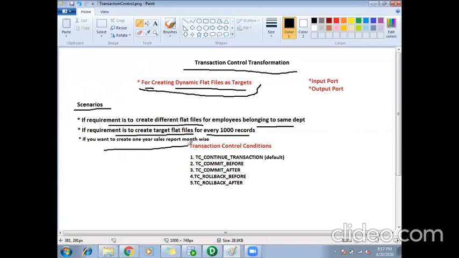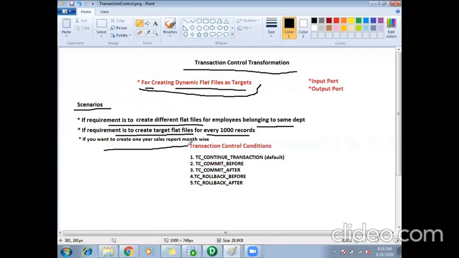I can create 12 targets, but instead of creating 12 targets, I can achieve it with a single target using my transaction control. In my mapping, I'll create only a single target, but when I use transaction control and add my code, during runtime it will dynamically create as many targets as I want.